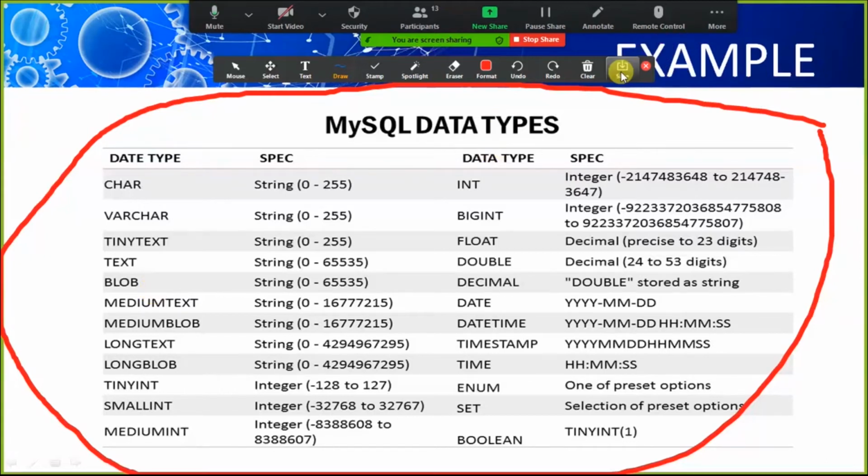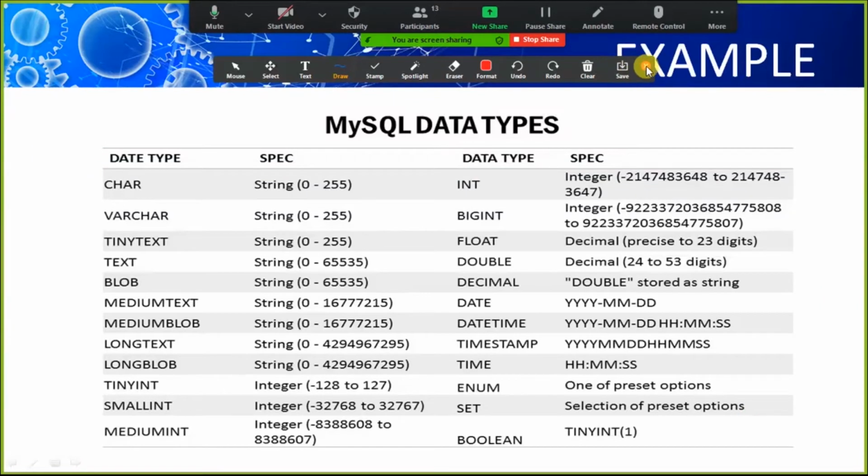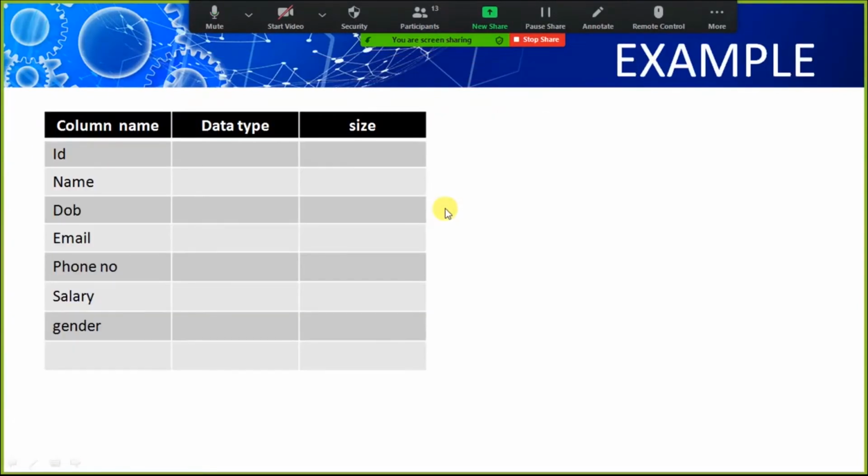Okay. Now look here at how we can use all these data types in our table. Here I have a table whose name is employee, and I want to create all these columns in that table. Okay. These columns are not fixed or pre-built. We assign the name of a column according to our need. Clear? Now how can we decide which data type we will give to which column?